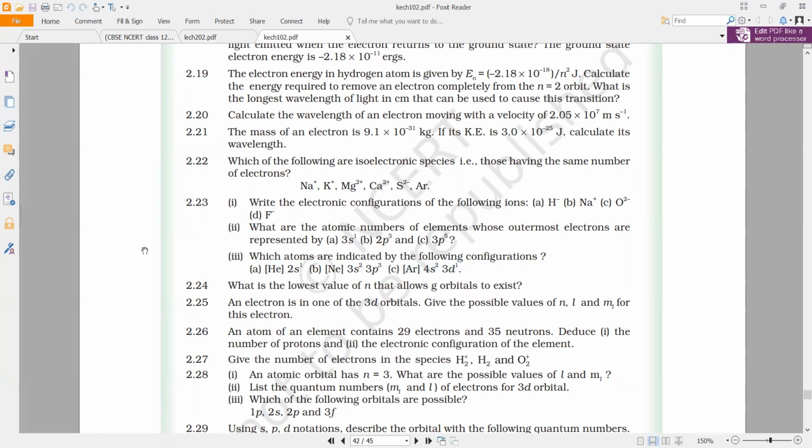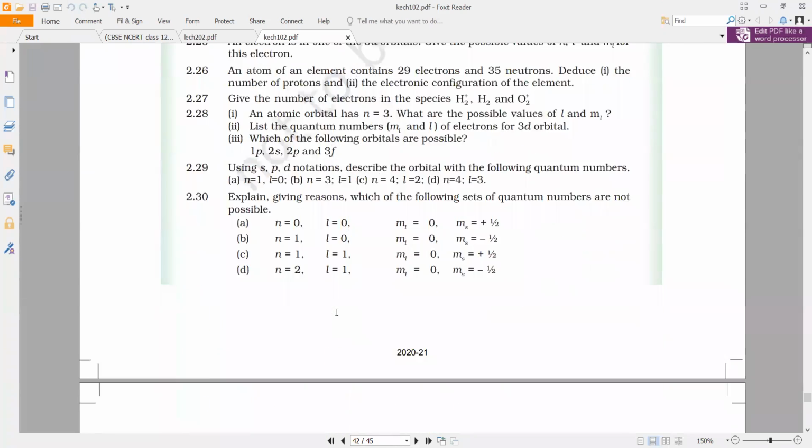Yes, sir. If your ma'am is saying that we cannot write that, that means you don't have to know it. If you don't have to know it, then how will you write the answer for this question? Okay. Similarly,